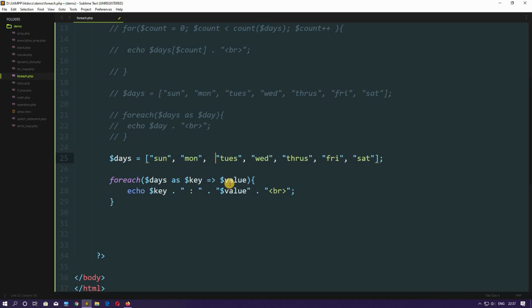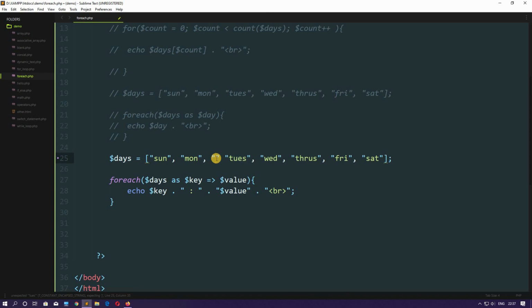Suppose here we have, let me just take this Tuesday, I'm making it an associative array kind of thing with an explicit index. I'm giving an explicit index to this Tuesday value.